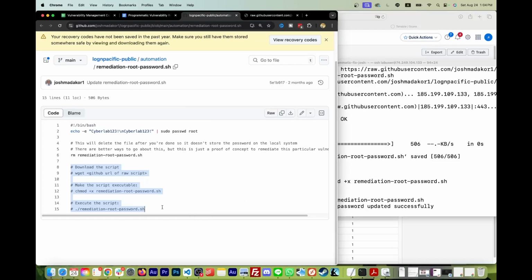And I will say this is not something you would do in real life. If the root password on your critical Linux server is root, you'd probably just go in and manually set it or disable it. Obviously you wouldn't deploy a script with a password in plain text in it. I just created this as a proof of concept to show an easy automatic vulnerability